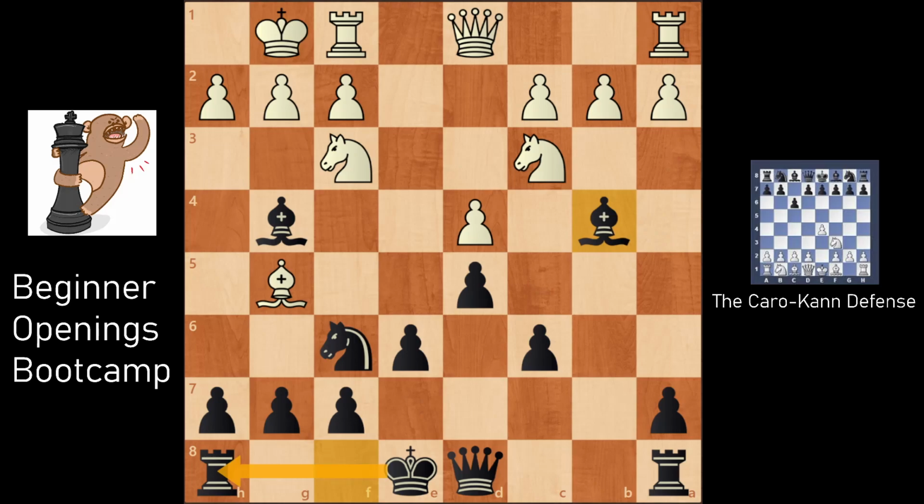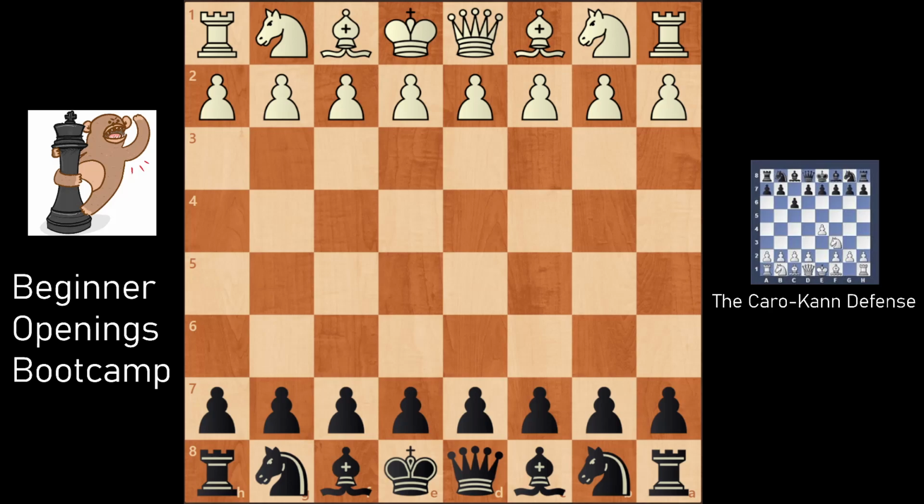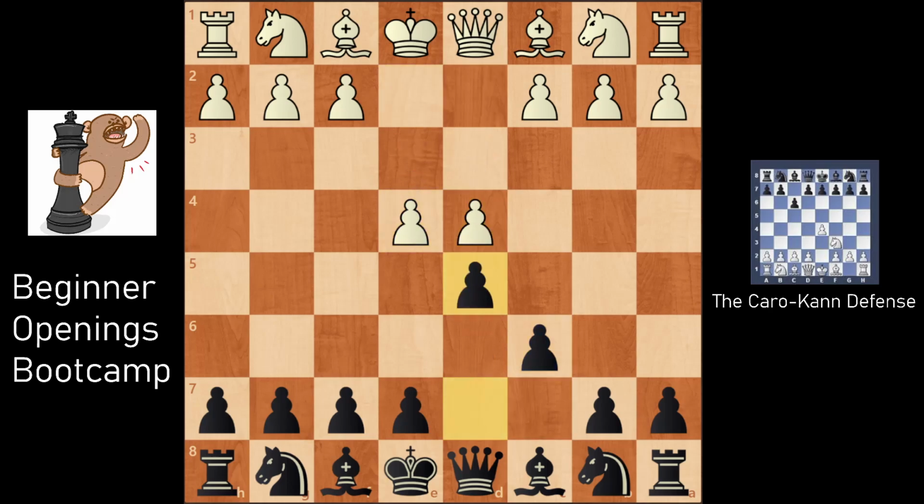And the engine says this is actually in favor of black, which I agree, by 0.4 points. So I really like this position. I've seen this position a lot. And the exchange variation for a beginner, I would say, is probably one of the best variations you're going to get out of the Caro-Kann. So let's go ahead and go back to the original setup and cover the